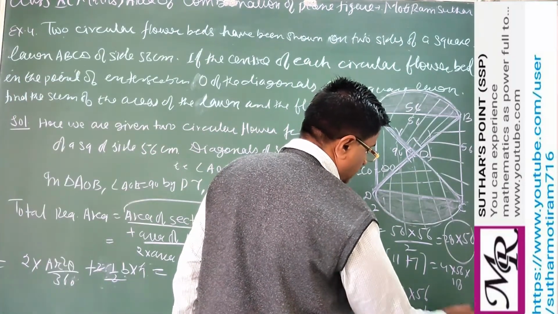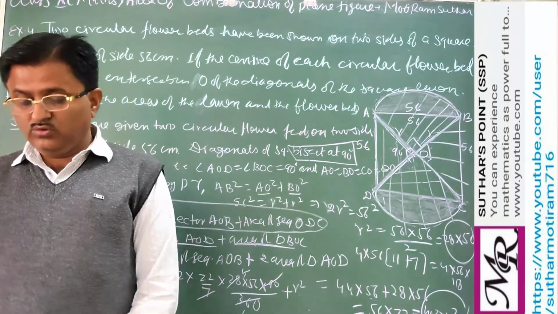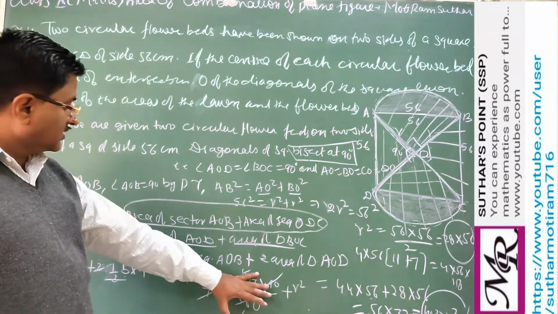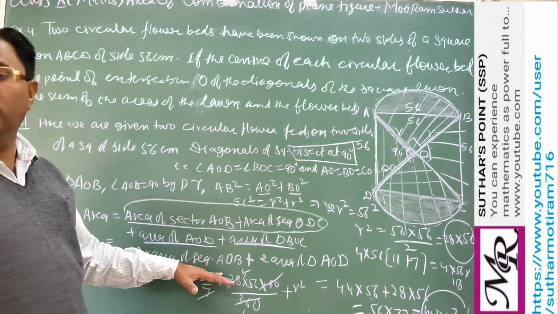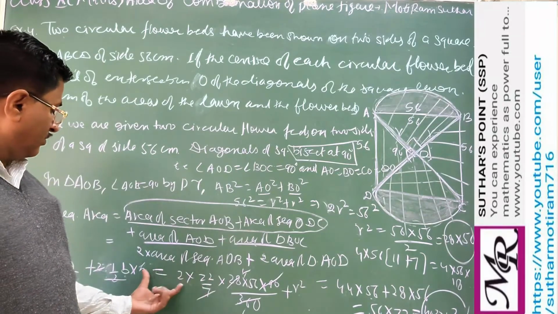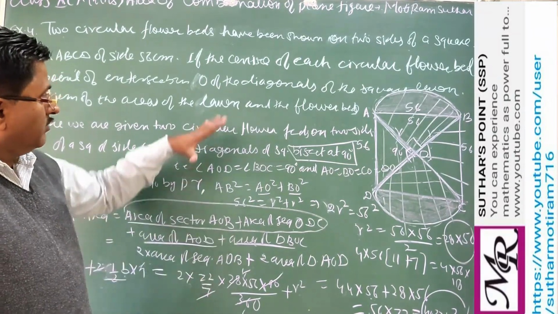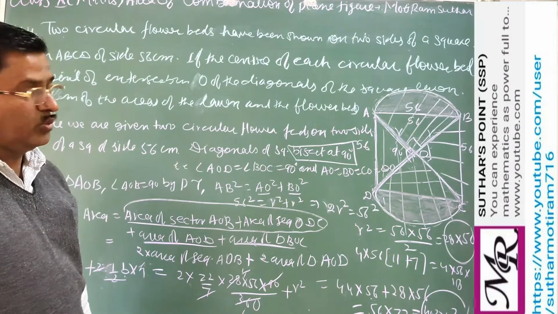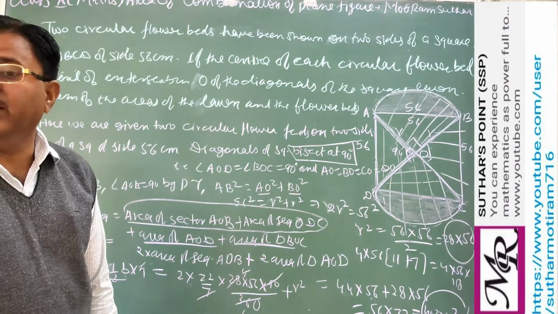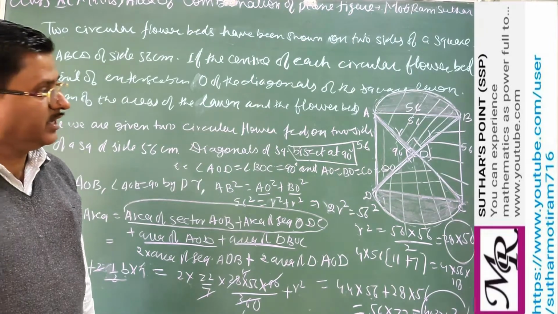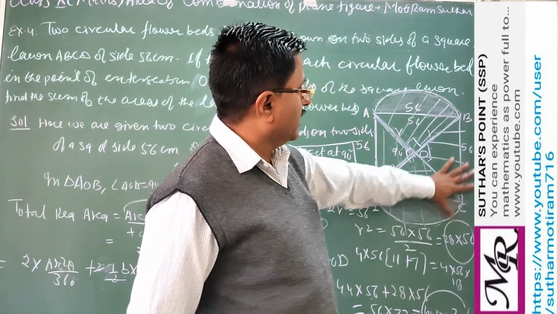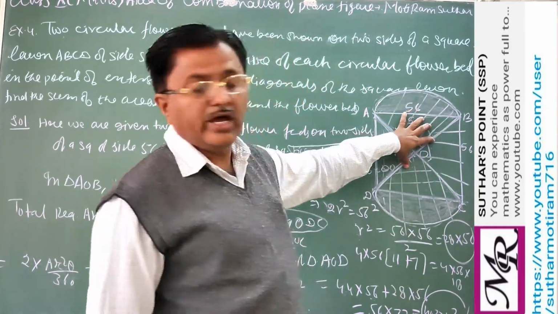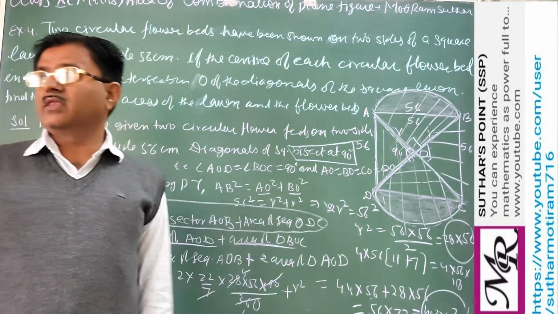So 56 into 72 will give you the solution, 4032 meter square. Calculation you can do on your own because you already know how to multiply and divide, you can solve by your own method. Clear? How you calculate is easy. But the important thing here is how we take the required area, or which region we have to take. That is very important. Clear? That's why we take figures which contain more than one geometrical shape.